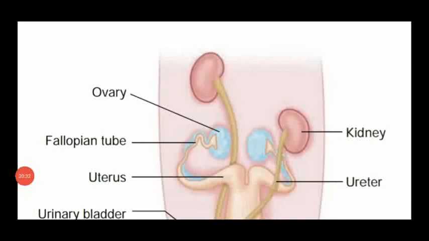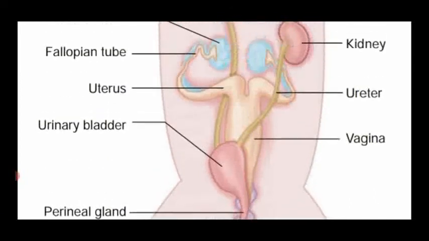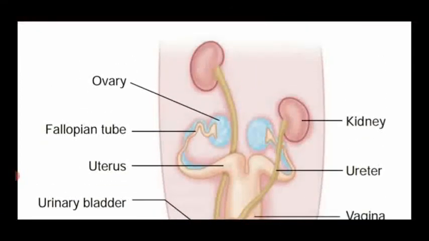Dear students, this is the female reproductive system of rabbit, which consists of a pair of ovaries, located below the kidneys in the abdominal cavity. It is ovoid in shape. See the light blue color, that is said to be the ovary. From that ovary, a funnel-shaped structure which arises on either side of the ovary is called the oviduct.